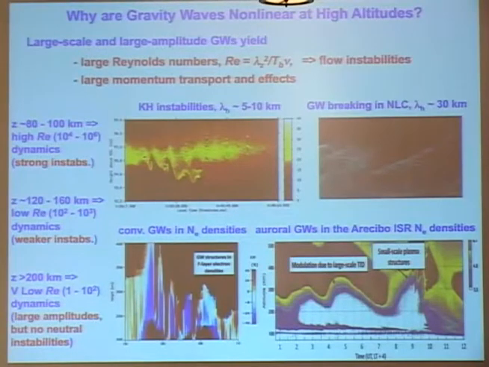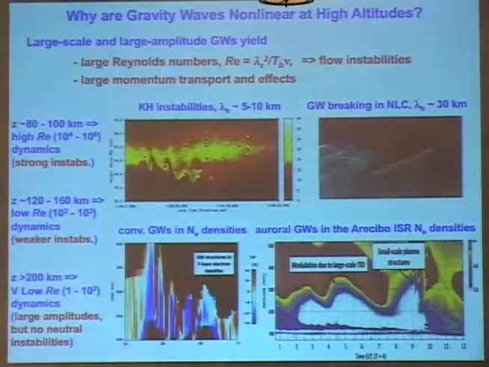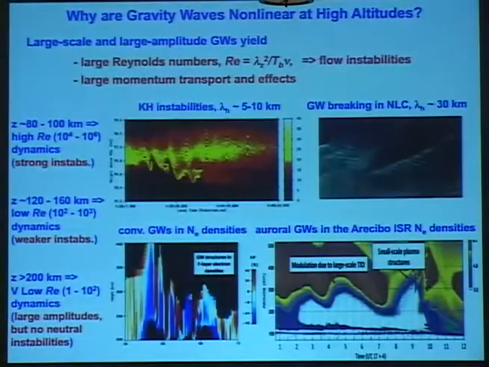The upper left panel here shows KH instability that was observed with the very large telescope LIDAR, sodium LIDAR that Joe Shea partnered with some years ago. And it shows shear instability occurring on a descending phase of a larger scale gravity wave. The right image here shows a picture of a noctilucent cloud, which we interpret to be a propagating gravity wave exhibiting initial indications of a secondary instability accompanying wave breaking.